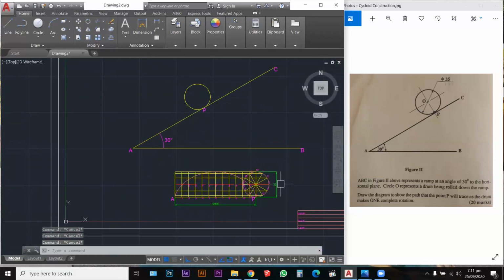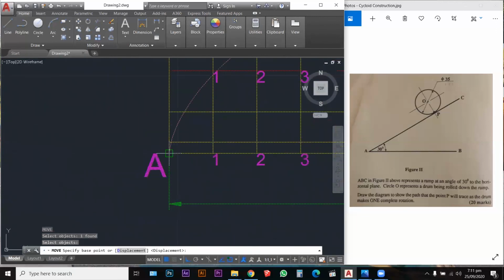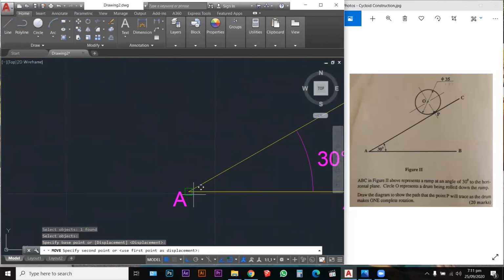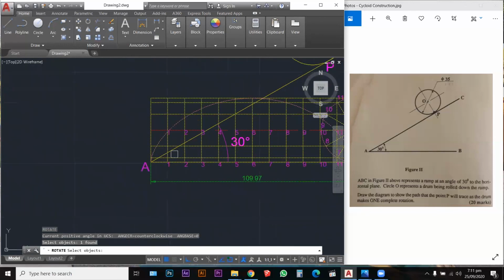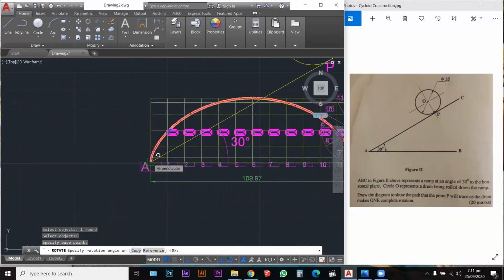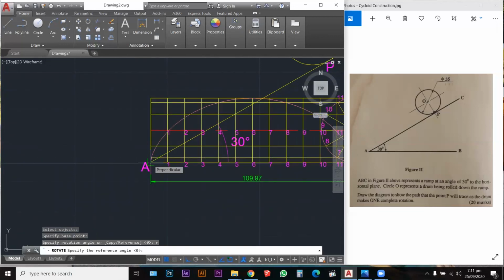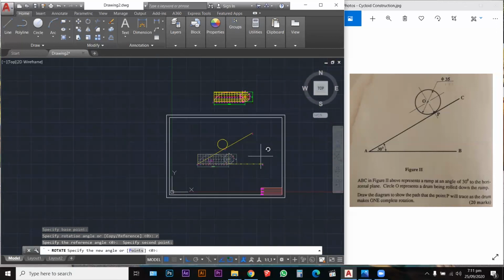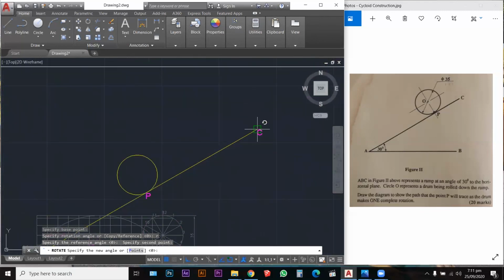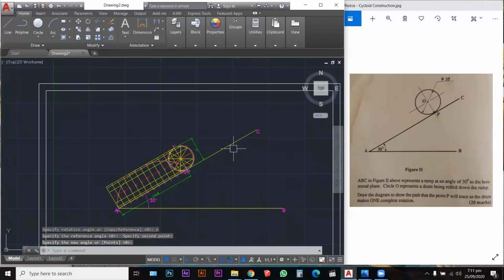So I'm going to now move this block, and I'm going to snap at point A and link my point A to point A. Okay, cool. So now I need to rotate this. So I'm going to hit RO for rotate, enter, touch the block, and then it asks me, I've selected my objects, enter, specify my base point. Now this is my base point, but I also need a reference point. So I'm going to say R for reference, enter. I'm going to now specify my reference angle, which is here. I'm going to go to B, and then I'm going to go up to C,